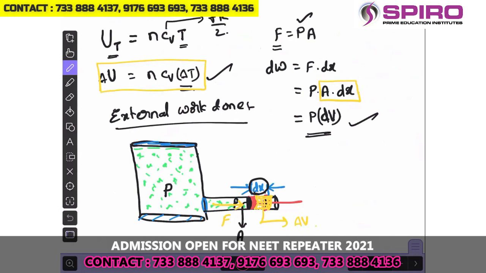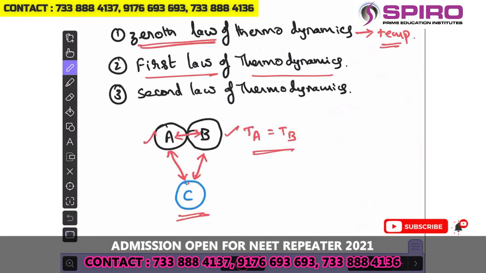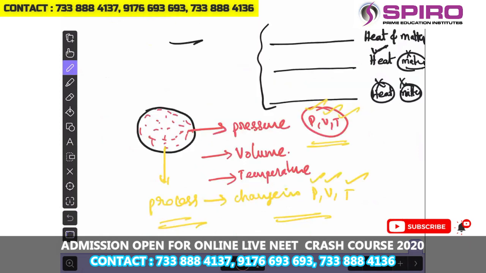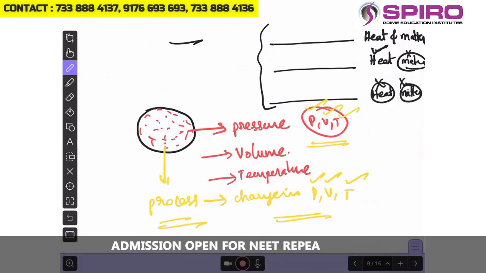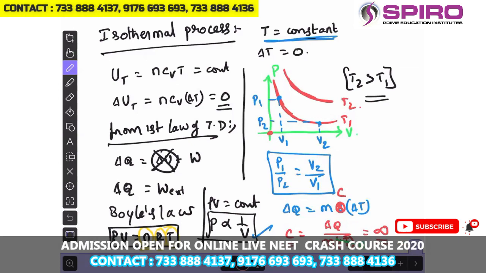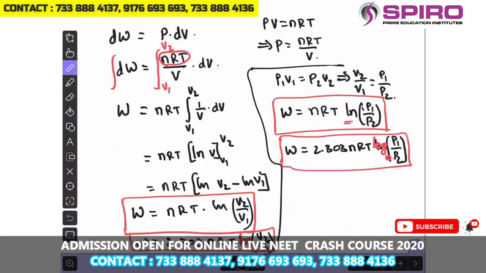and the external work calculation we have seen: P dV is the external work done, and the zeroth law, first law and second law, 3 laws are there. The first law of thermodynamics is delta Q equal to delta U plus W, and types of systems based on the type of boundary: open system, closed system, and isolated system. And the isothermal process, temperature is constant, and indicator curves, internal energy, and first law of thermodynamics expansion, and its simplified formula version we have seen here, and the isothermal work done was